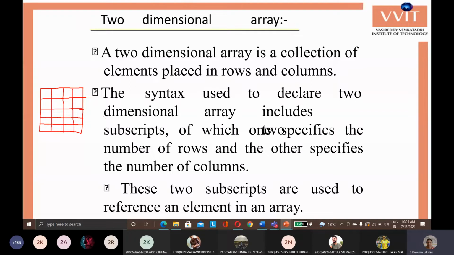Say for example, if you are drawing a line in a graph and you want to store the data related to this line, what you will do is add the x and y point values. Say these are the x values, these are the y values. You give the different x coordinates and y coordinates.